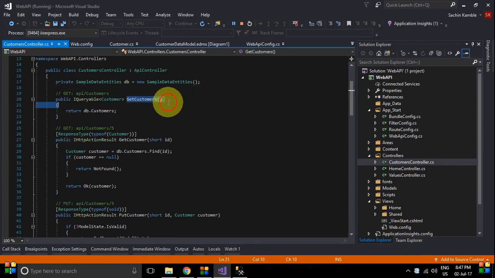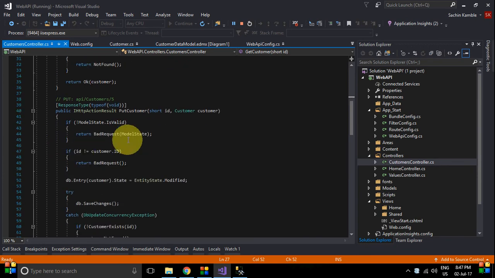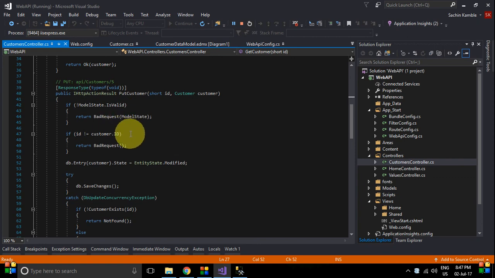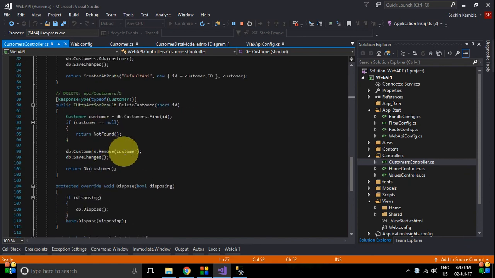In get customer, we get the list of all the customers, and get customer by ID we will get the particular customer, and then put customer to update the customer details, and there is one post customer to add a new user to the database and delete existing customer. You can use these APIs.